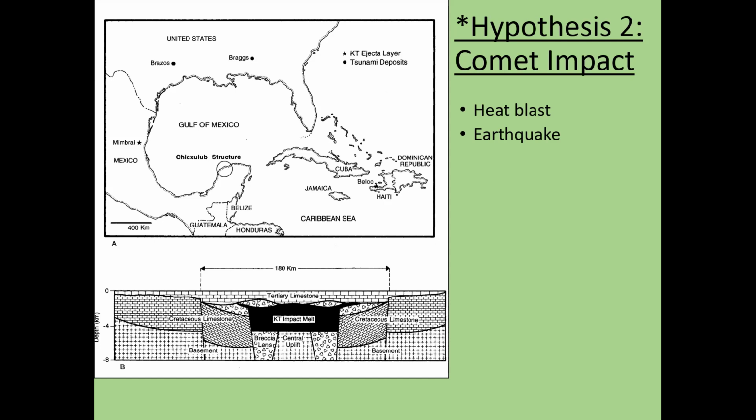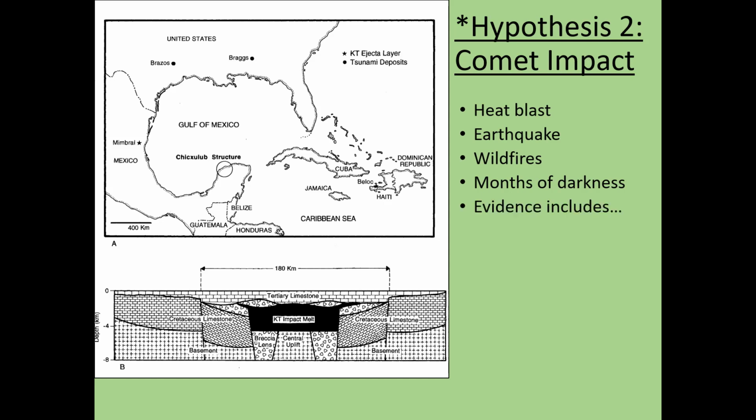The earthquake at the KP extinction is believed to have been around a magnitude 11 on the Richter scale, which is unbelievable. That heat blast would have given rise to wildfires, and wind would have carried those wildfires in all directions. This would have been followed by months of darkness because of all of the material that would have been ejected into the atmosphere. A lot of the rocks that fell after impact were molten when they fell back to the earth, and so that would have also contributed to some wildfires.